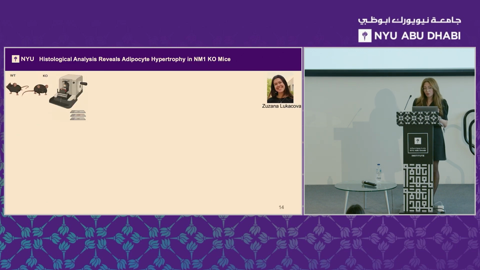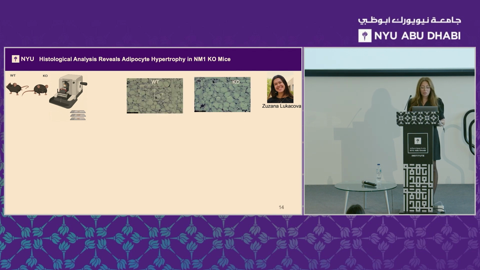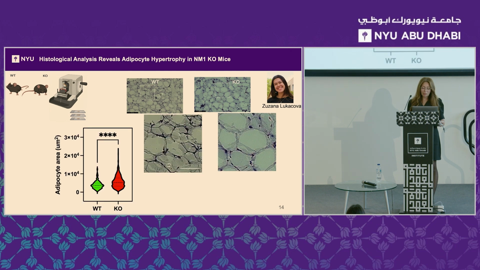Then if you remember, I said that these committed adipocytes from MSCs were bigger in the knockout sample. What about the tissue? So we isolated the tissue and looked at the cell size, and we noticed that there is the same trend. The fat cells in the tissue were significantly bigger compared to wild-type tissue. And this is showing that there is a shift toward hypertrophy, which is an unhealthy way of cell growth.